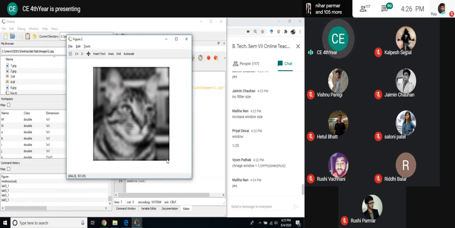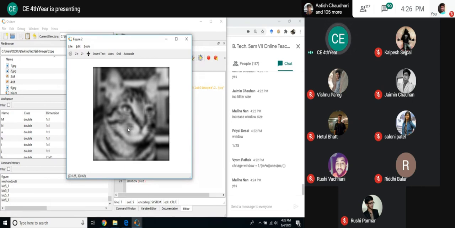So two things I want to conclude here. One is if I am increasing my window size, then blurring increases. And if you can see the small dots that were available here, they are totally blurred now, they are not visible here. So if I increase the window size even to 35, this will be totally grayscale, it will not be visible at all. Still I can see something is there, but afterwards if I am taking 35, I am not going to see this. So three things I want to conclude here.